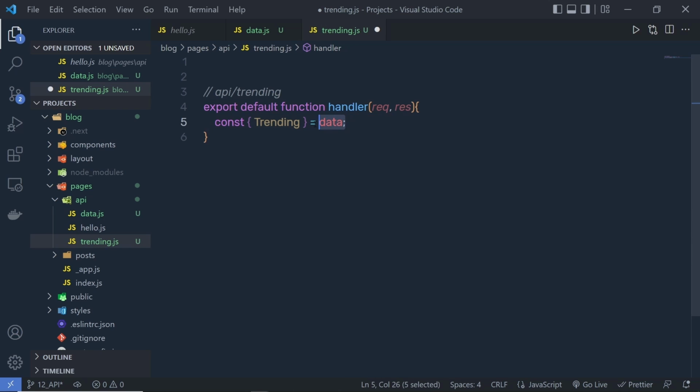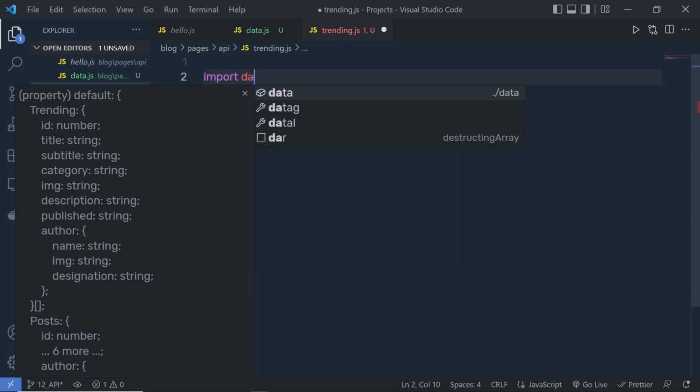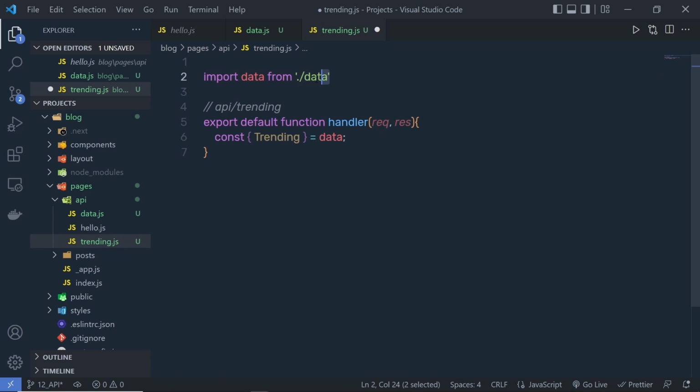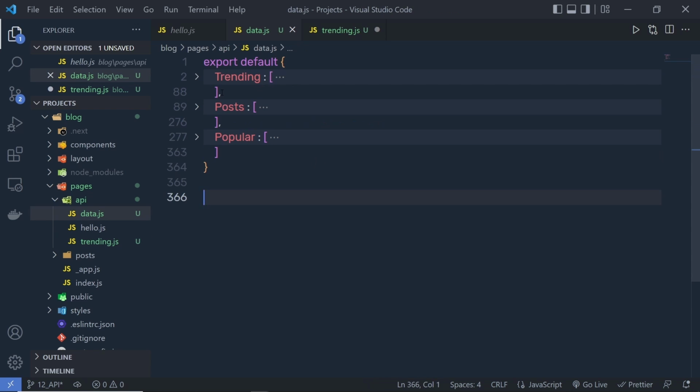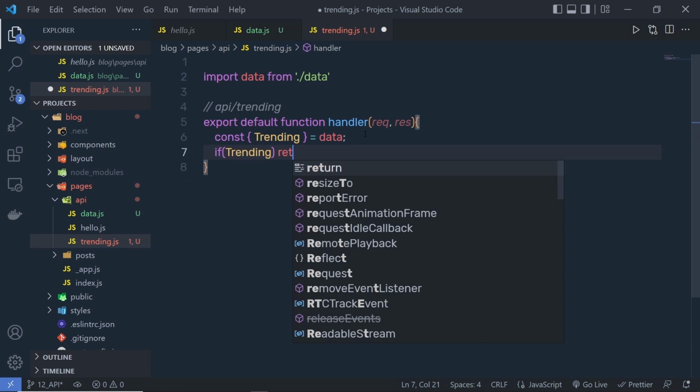Now, as you know, we don't have this data object, so we need to first import this file. So I'm going to say import data from data.js. I'm going to access this file's data using this data variable. So this is going to return this trending object inside this trending variable. I'm just using JavaScript destructuring. After that, I'm going to say if we have data inside this trending object, or you can say inside this trending variable, then I'm going to return